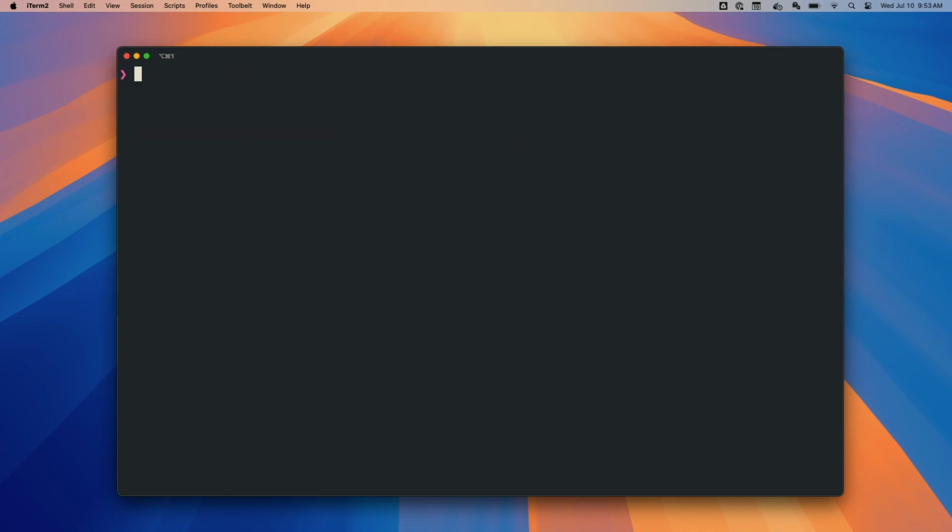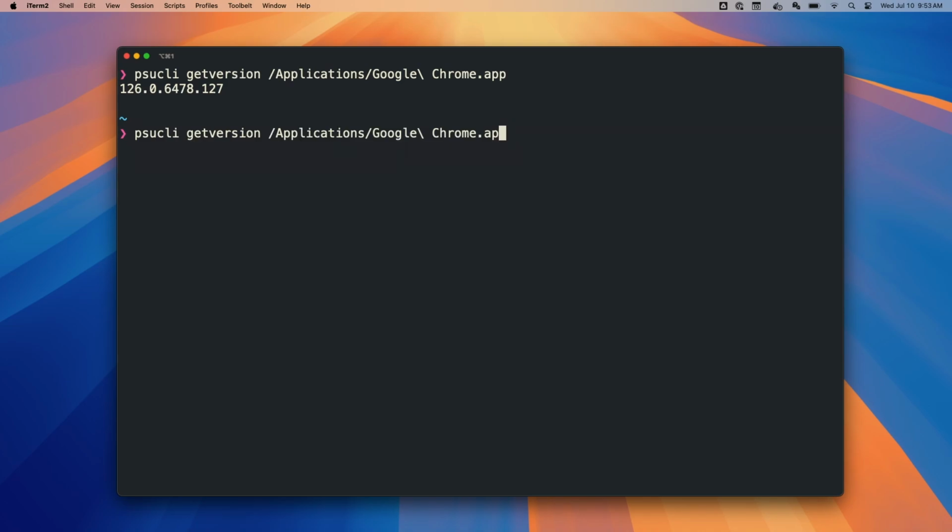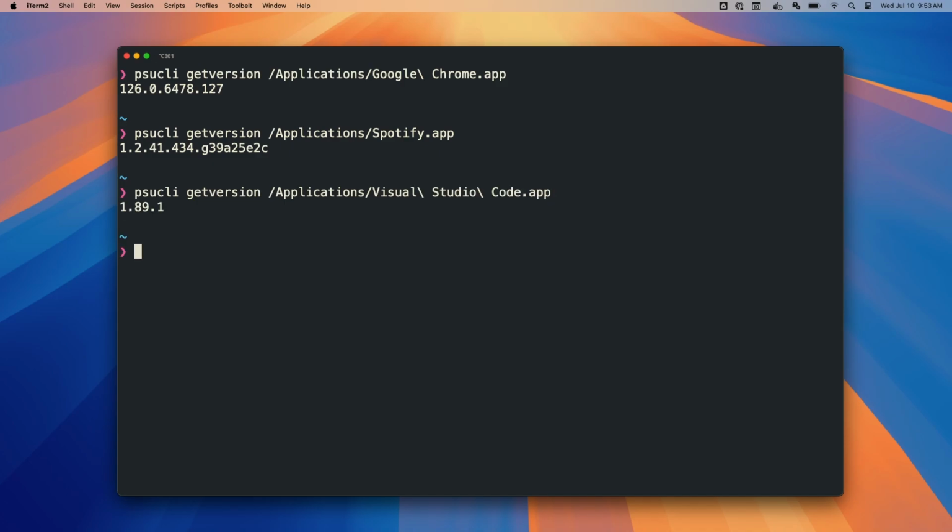The other thing is PSU CLI get version, and let's go Chrome. There's the version of Chrome. And again, because that CFBundleShortVersionString is pretty standardly used, could be Spotify. What else? Let's see. Visual Studio Code. So again, you could do this with